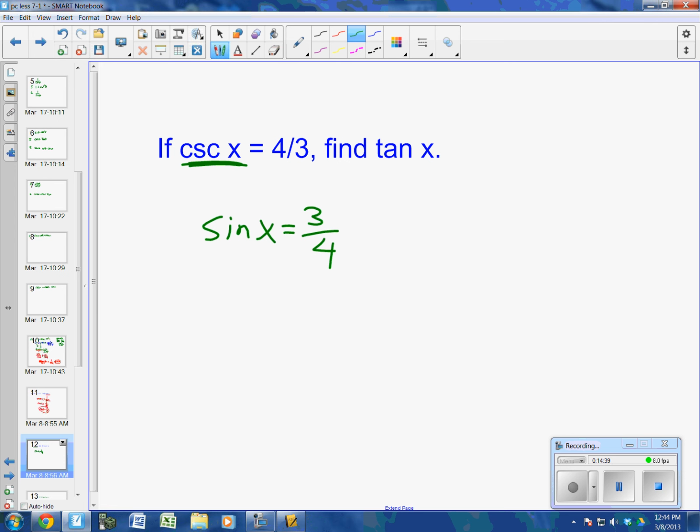Well, no, what we're going to do now is use the Pythagorean identity, because we know tangent, you can get tangent if you know the sine and cosine, right? We got to find the cosine. Yep, Pythagorean identity, first one. Sine squared of x plus cosine squared of x equals 1. If I make the substitution right here,